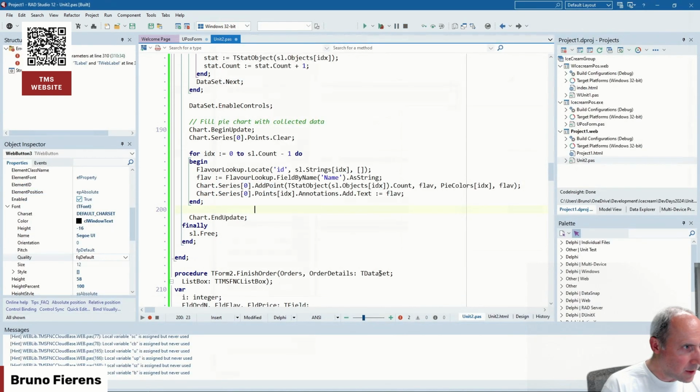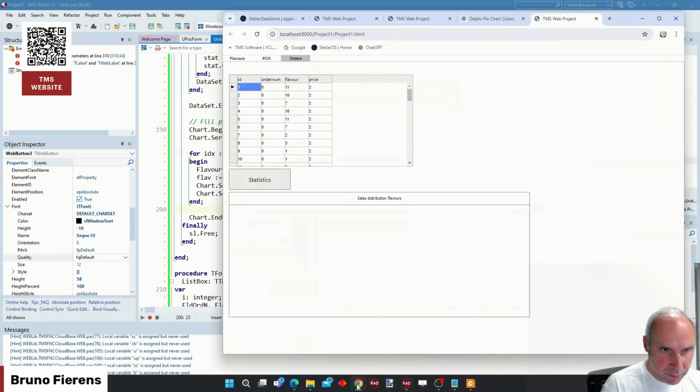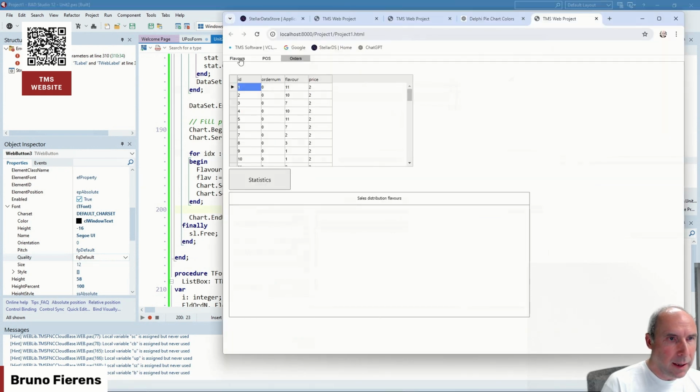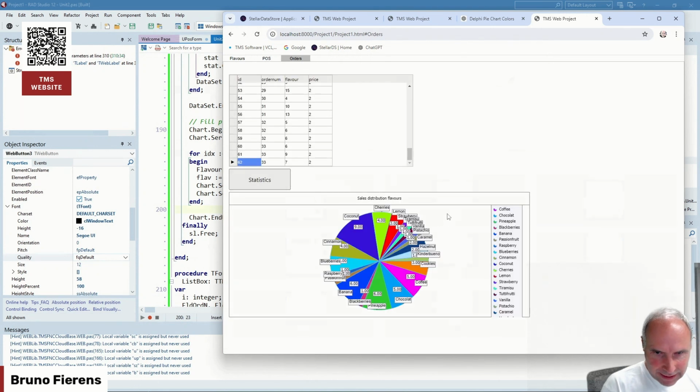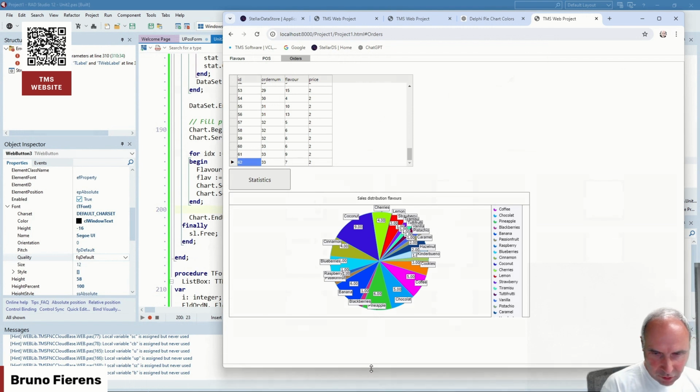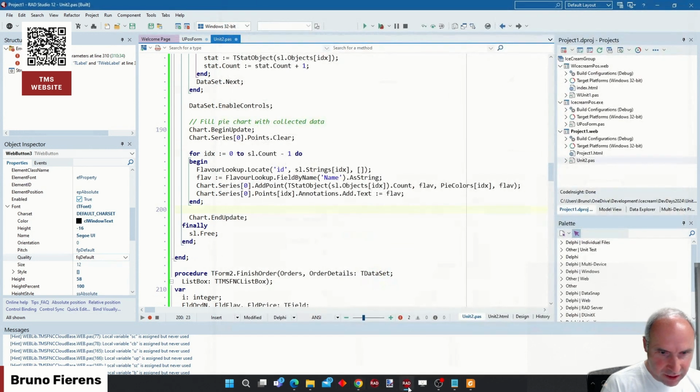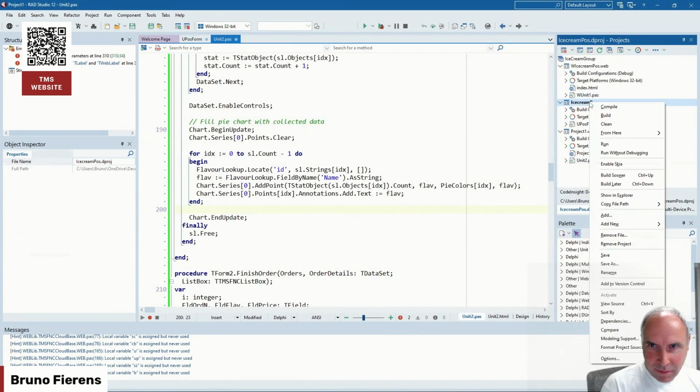Okay, let's bring up this application. So we have everything, and let's see what happens. And you can see that I don't think I anchored that, so it remains like this. But you can see clearly the same kind of chart that is generated to show what flavors were ordered the most. And with that, I think we have achieved something quite similar to